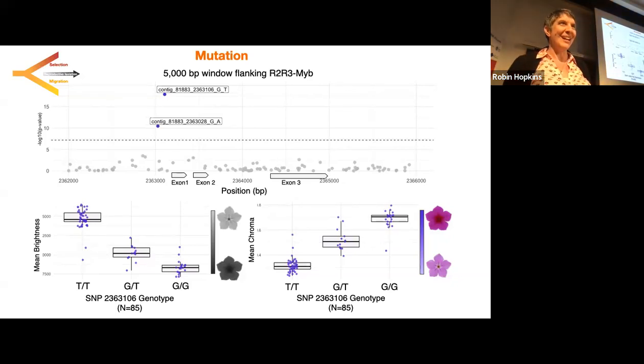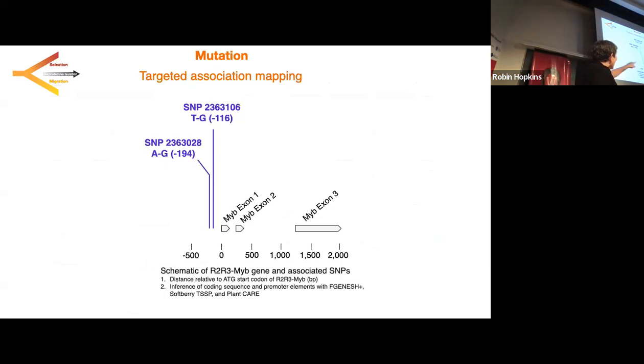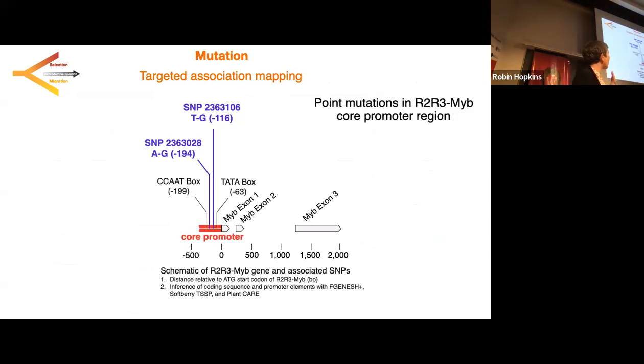So what are these SNPs? Good question. We dive in a little bit closer and we can infer some of the function of the promoter region around here. We see they're within 200 base pairs of the start codon, and they are right in between the TATA box and the CAT box. So this makes us believe that this is in the core regulatory promoter region, right? So it is involved somehow in attracting and function of some of those core regulatory proteins. Exactly how, we don't know yet. Our future work is to characterize the effect of these mutations on promoter function, but we'll get there.